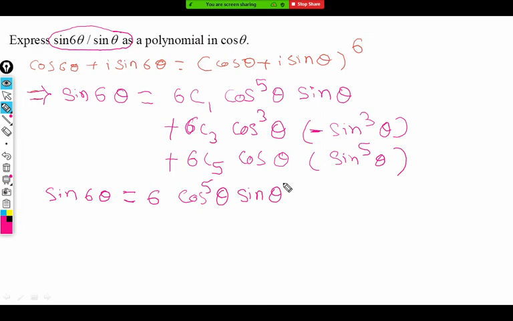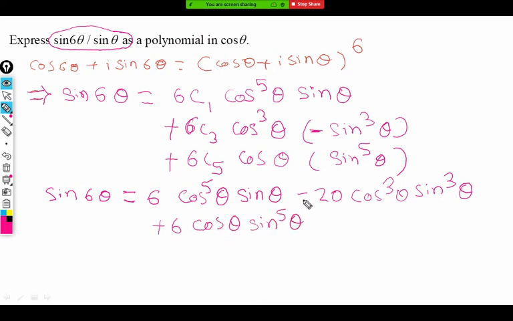6C3, is it a 20? Yes, sir. Cos cube theta, sin cube theta, and 6C5 should again be 6. We want sin 6 theta upon sin theta. Therefore, sin 6 theta upon sin theta is equal to 6 times cos raised to 5 theta